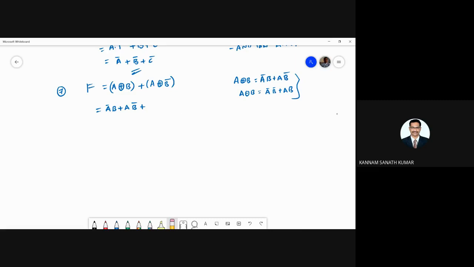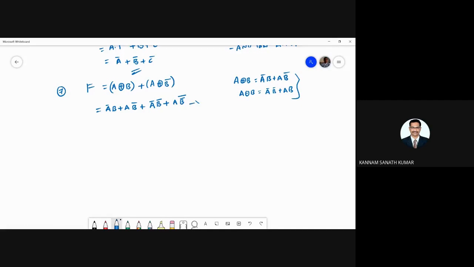A bar B. Okay. So A bar B means what? A bar B bar. Okay. Plus A bar B plus AB bar. A B bar B bar. Okay. So